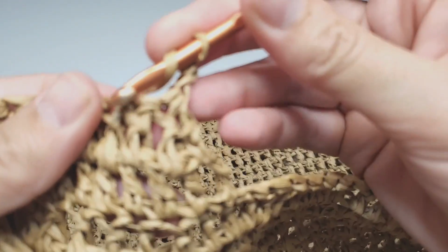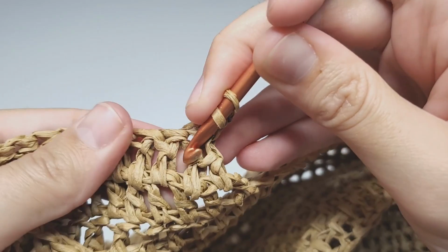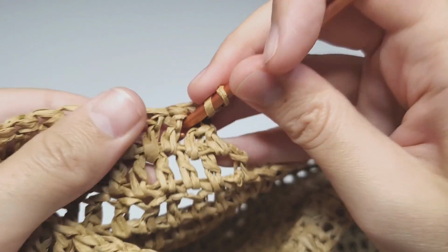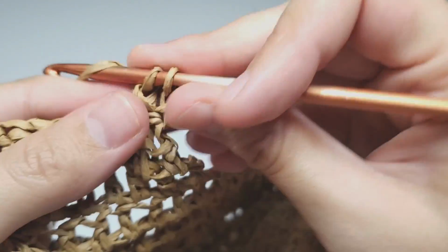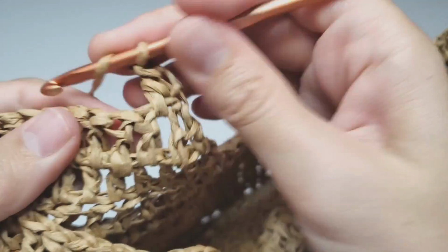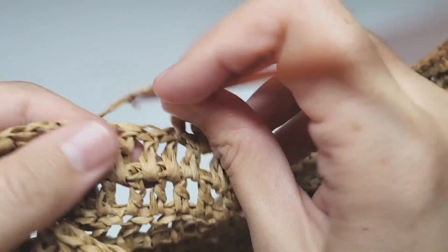and then insert your hook into this space between the double crochet and the decrease here, and make a double crochet, and remember you count this as 1. So then work all double crochets